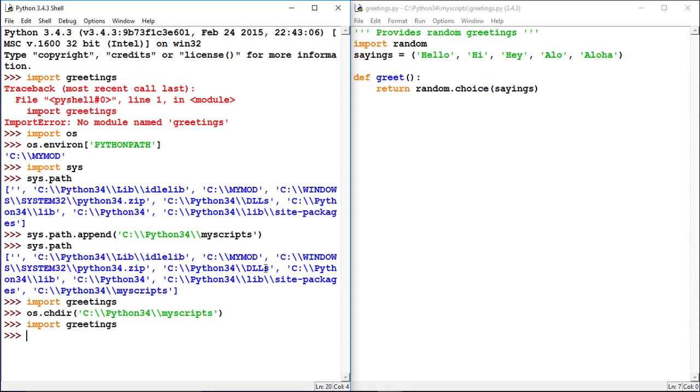Now beware, if you've already imported your module once and then you import it again, the changes that you might have made in your module between the 2 imports will not be reflected. In Python 2, there was a reload function to reload your module. This also exists in Python 3, but within the importlib module. So, for example, if I change my sayings to eliminate allo,